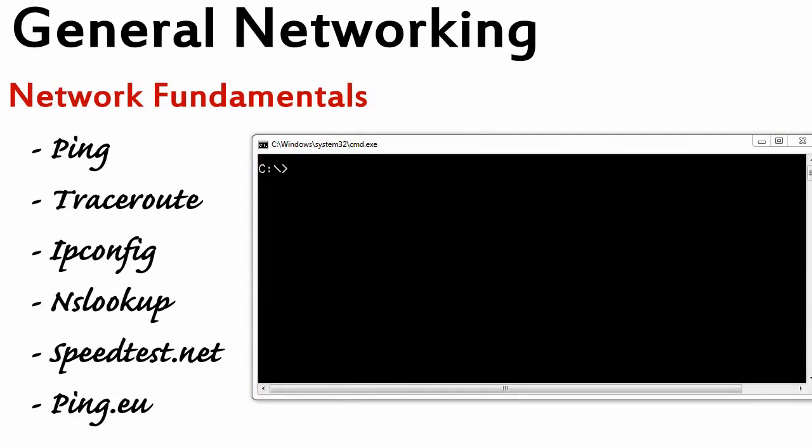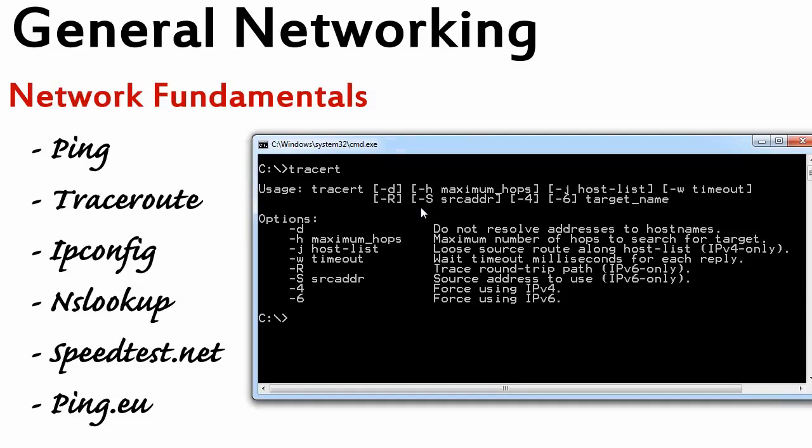Next command, traceroute, or in Windows it is spelled tracert. Again, you can just type this command, it will list off all possible options. And yeah, this command is like an advanced ping message. It will show you all hops to the destination where you want to get to. Let's try tracert